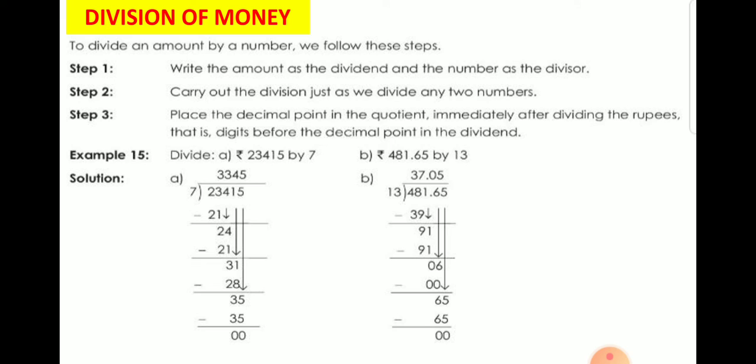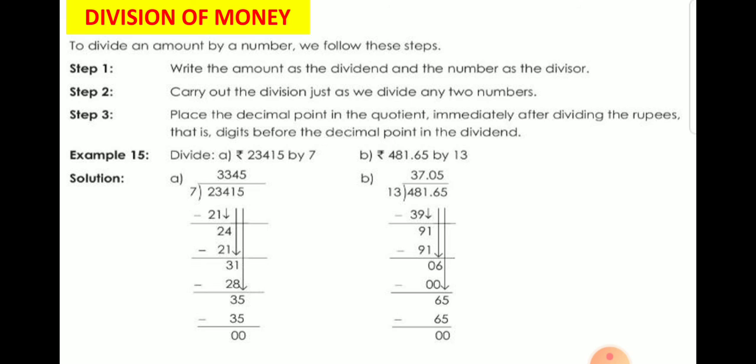Now here you can see, coming back, after subtracting 91 from 91, we got 0, and now we will bring down 6. You can see in the question that before bringing down 6, we placed the decimal after 37. Now you know that 6 is less than 13. So 13 will go zero times and 0 will be placed in the quotient. Here we will subtract 0 from 6 and 6 will come down. Now we will bring down the last digit, that is 5.